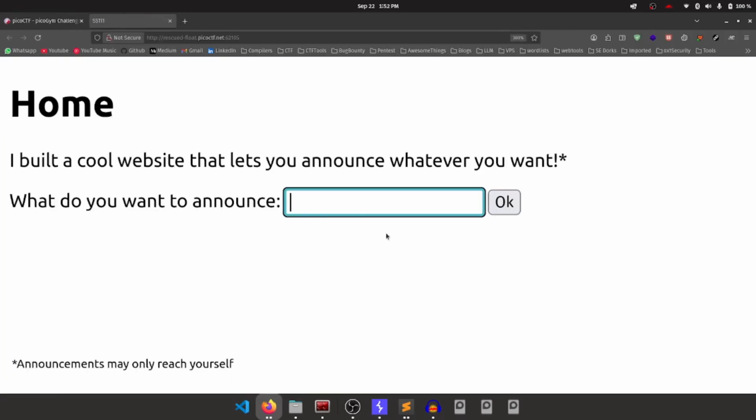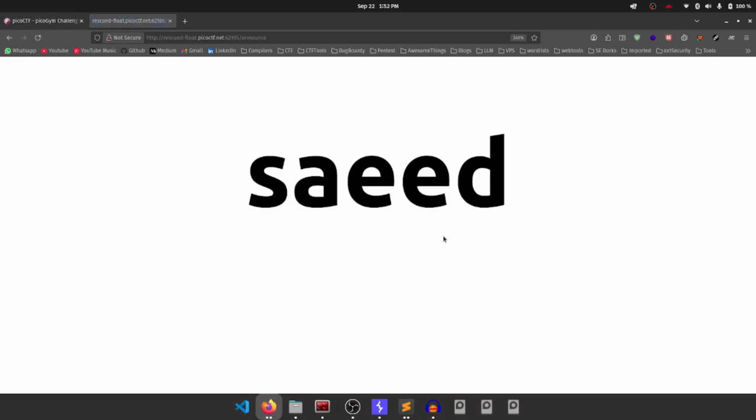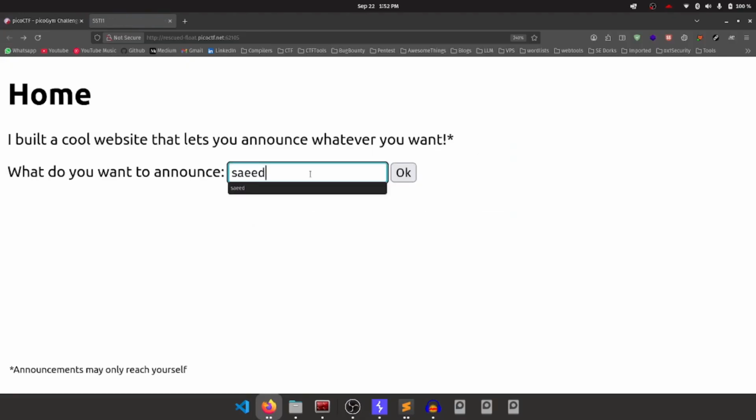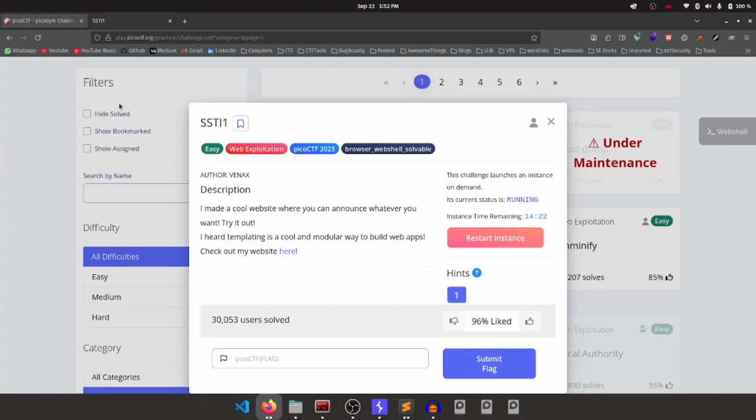This is the website that we have. There is an input box. Let me just enter something, my name itself. Okay, whatever you are entering is getting rendered. It's also executing cross-site scripting, but this problem is related to SSTI because the name itself says SSTI,